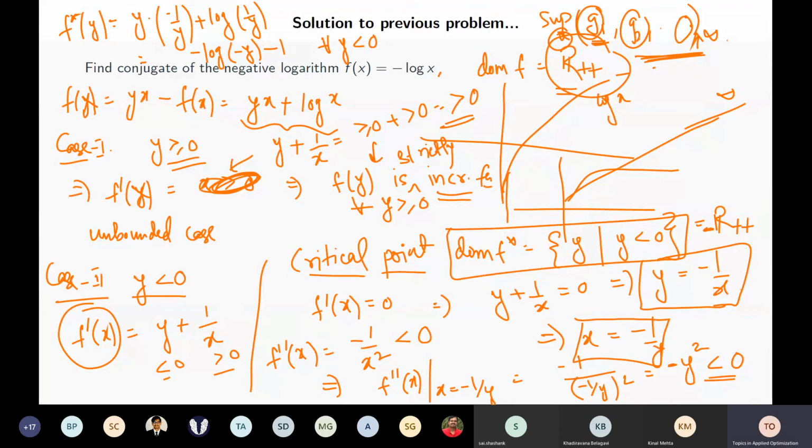Okay, so this is the conjugate of f. So how do we go about doing this? Like we always start with boundedness, because this is all about supremum. So we have to discard those